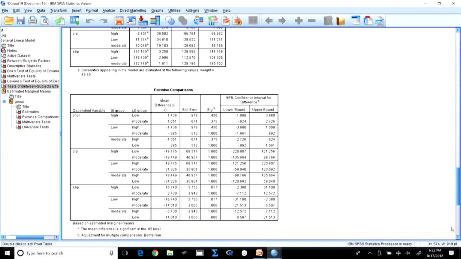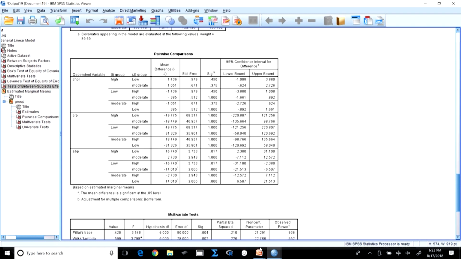Now, you can see the pairwise comparison, this is the post hoc test. When I am looking at cholesterol, I am comparing against the high cholesterol, and I am comparing it in low and moderate exercise. So, cholesterol low, high, moderate, cholesterol moderate, high and low. Taking these dependent variables and comparing, I can find out the mean difference from here and check the significance. Then I can say which is having a significant effect and which is not, but ultimately this is the final.